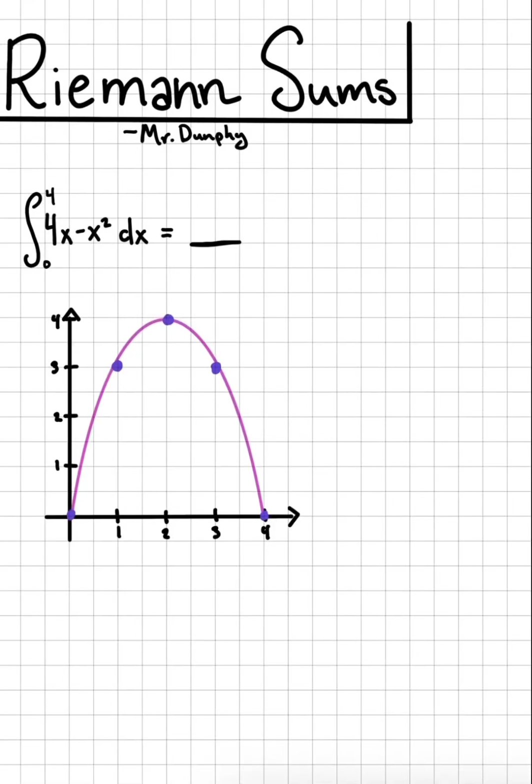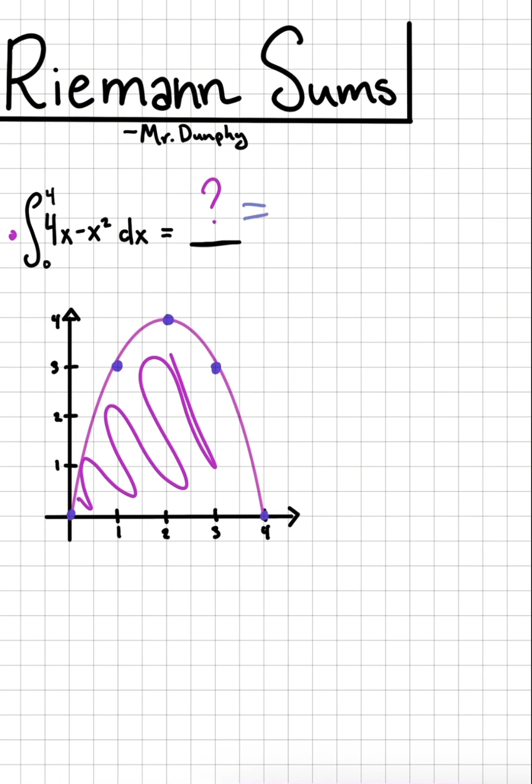Hey everyone, today we're going to learn about Riemann sums. This integral right here is asking us to find the area under the curve 4x minus x squared. Now normally we would have to do this with an integral, but using the Riemann sums method, we're able to